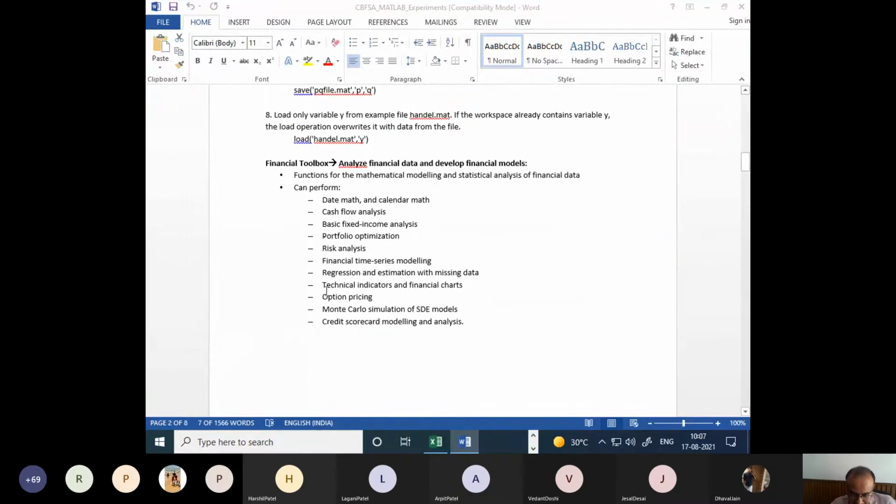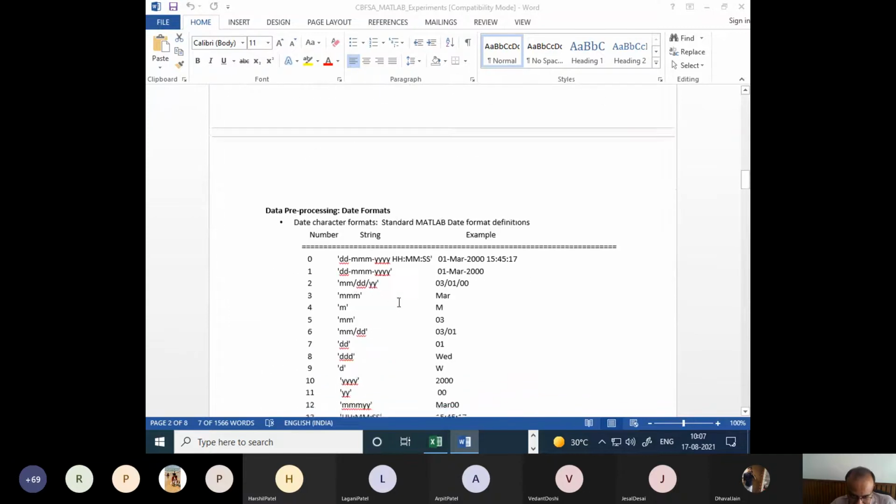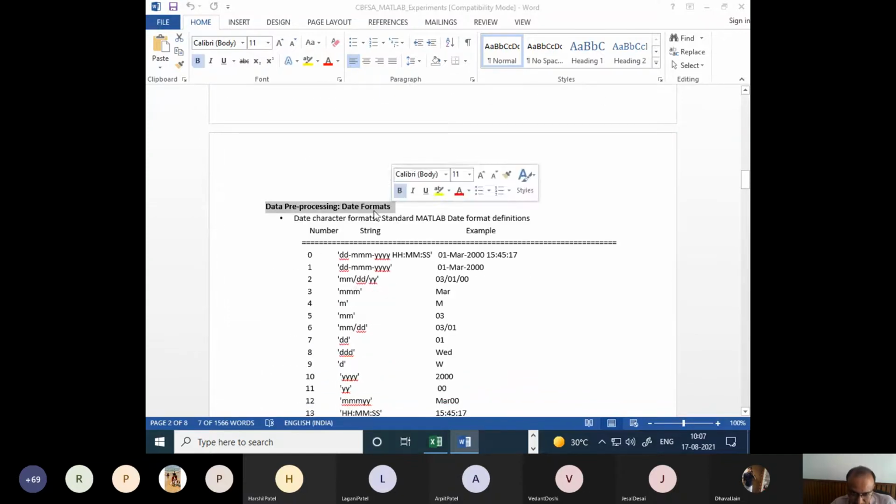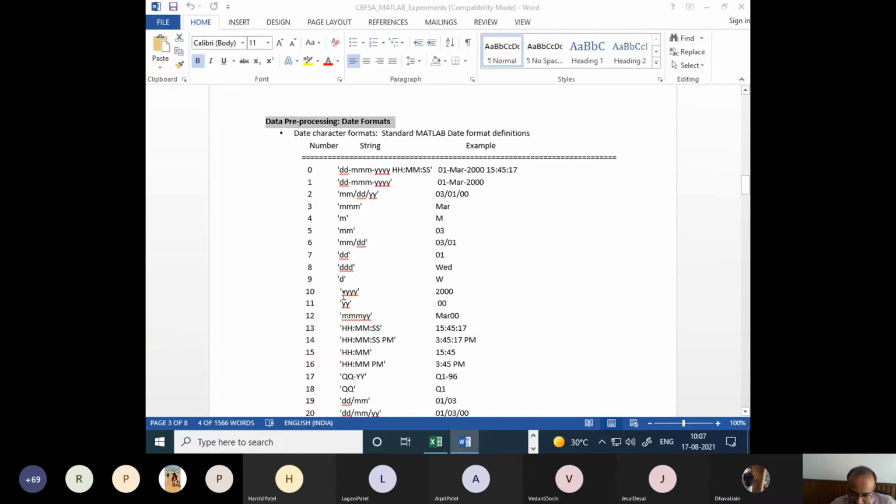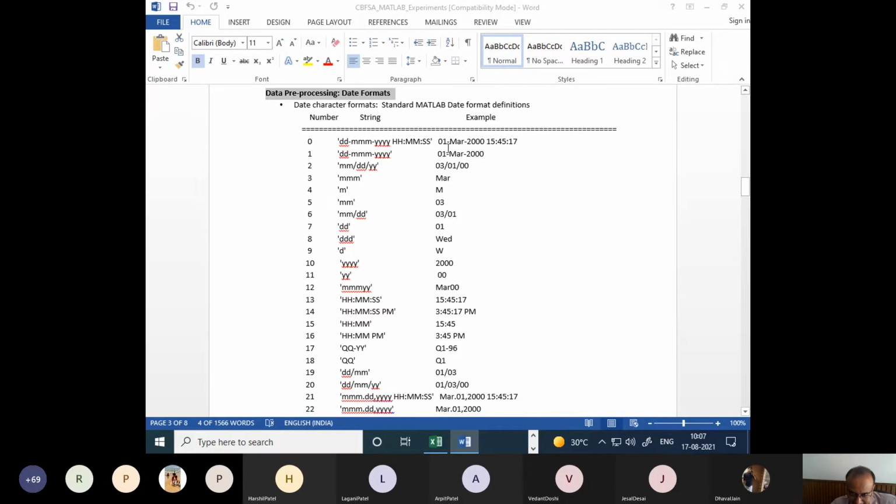And then we ended at the introduction to the Financial Toolbox. We are now at data pre-processing in date formats, because date formats are very important to understand. They create lots of problems when we handle the data, so I am going through these small things in detail. MATLAB supports so many date formats. These are listed here, and it is also in the MATLAB help file. I have listed them in my Word file, which I have also uploaded on MS Teams. You can see there are so many formats. Basically, there are three things, the date, the month and the year, which can be specified in so many ways.